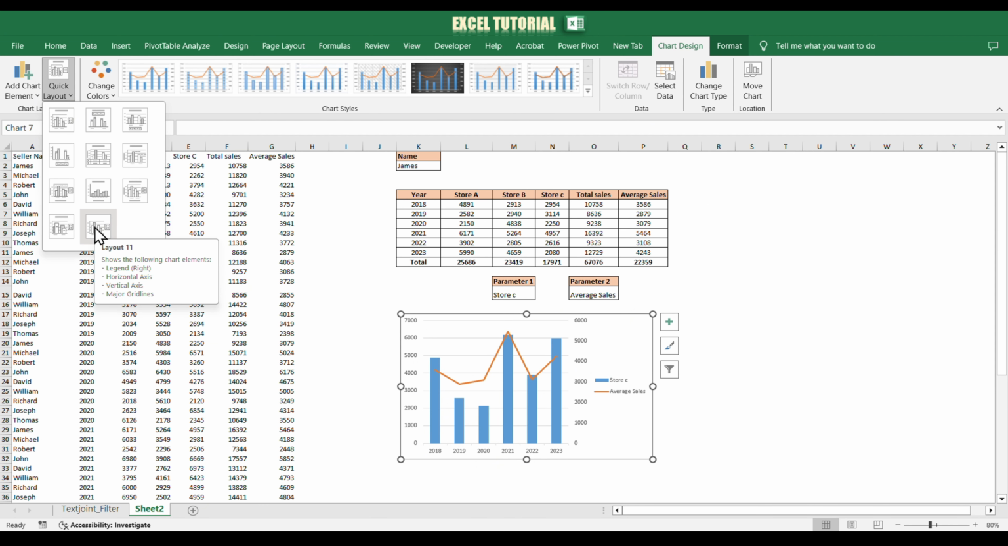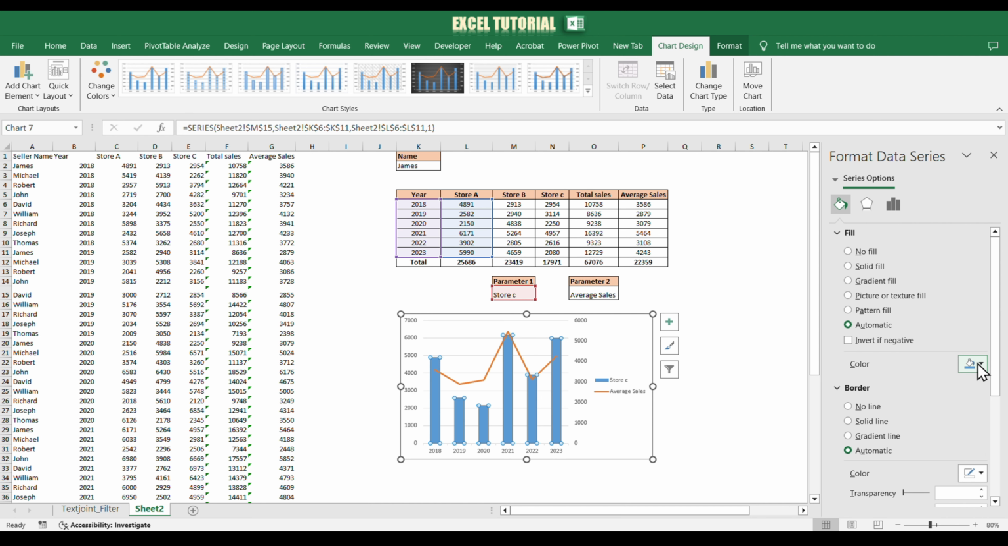Next, let's format the chart for better visualization. We'll click on the bars representing the sales data, right-click, and select Format Data Series. Under the Fill and Line options, we'll choose an orange color for the bars to make them stand out. Then, we'll select the average line in the chart, go back to Format Data Series, and change its color to green. Scrolling down, we'll select the Smoothed Line option for a more polished look, and then we can close the